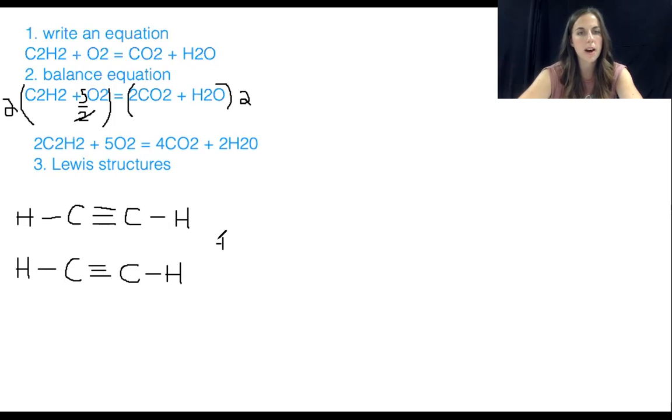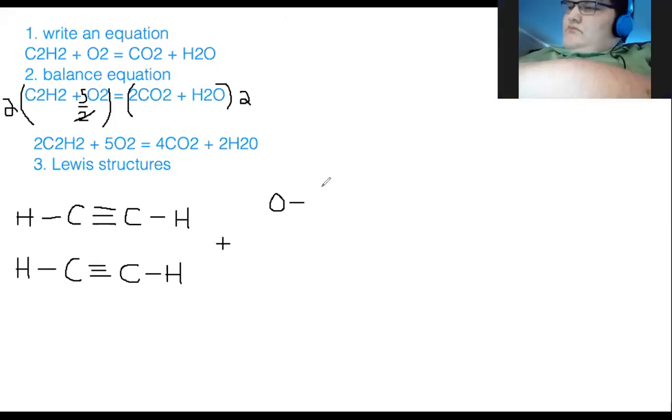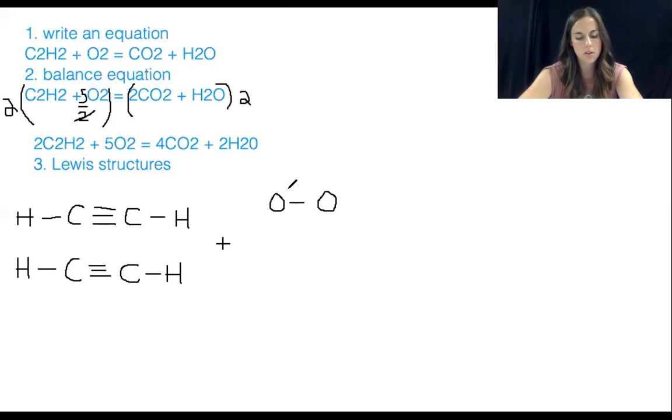Now we're going to do 5 O2 molecules. So oxygen bonded to oxygen. Oxygen each have 6 valence electrons. So I have 12 to work with. So I have 2, 4, 6,